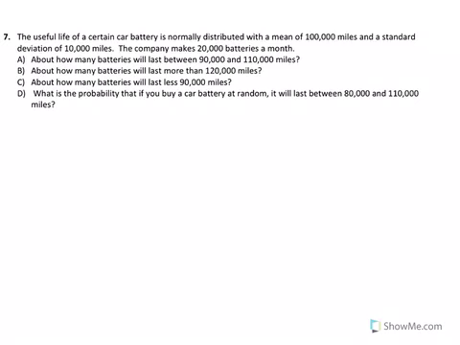So we know that the mean here is 100,000. Here is our middle number. There's our mean. And our standard deviation is 10,000 miles. So for every standard deviation would be 10,000. Two standard deviations would be 20,000 away, and so forth. And we want to apply that to this 20,000 a month. How many batteries? So we want to know between 90,000 and